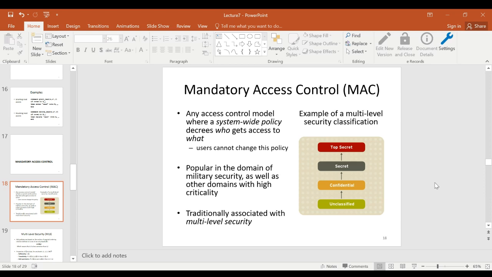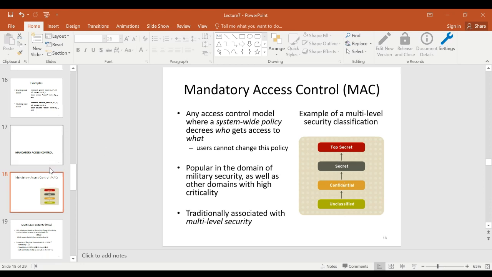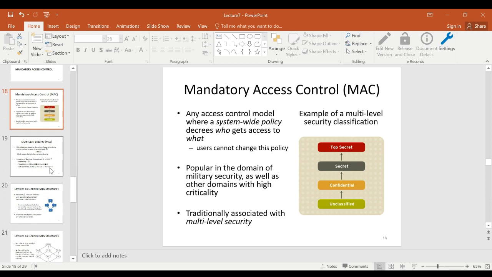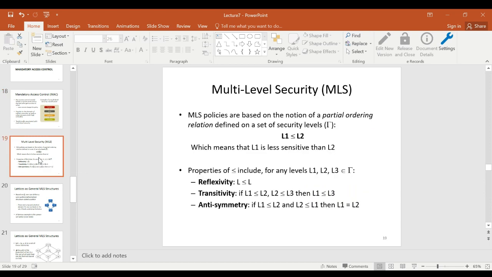So you have this kind of system that classifies documents as either unclassified, confidential, secret, or top secret. And there are others, maybe with different terminology, but they're the same kind of concept for classifying sensitive documents. But if we wanted to be more generic and more robust about how we